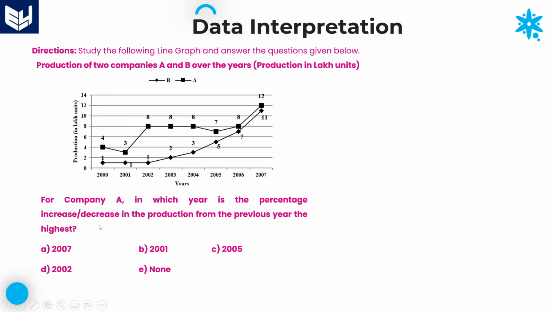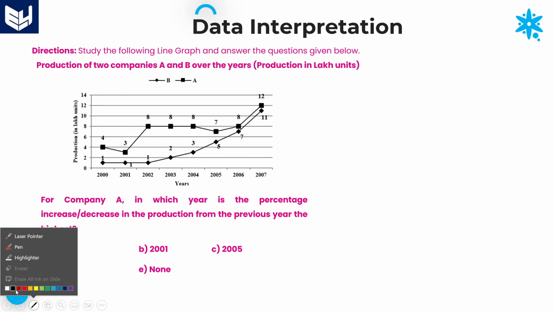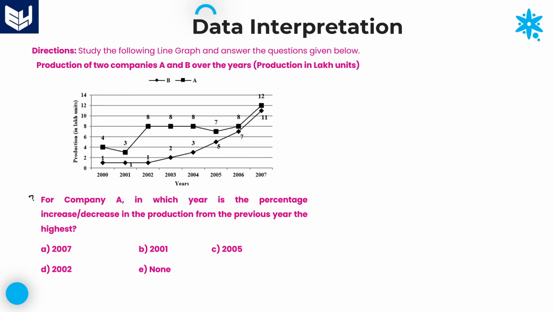Let us look at the third question. Here the third question is for company A. We are talking about company A, that is the square shape. For company A, in which year is the percentage increase or decrease in the production from the previous year